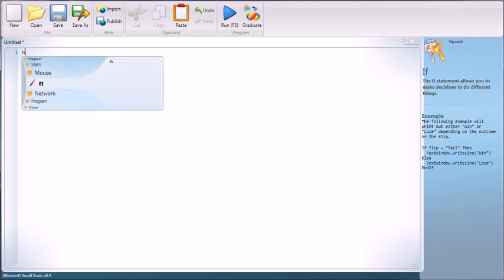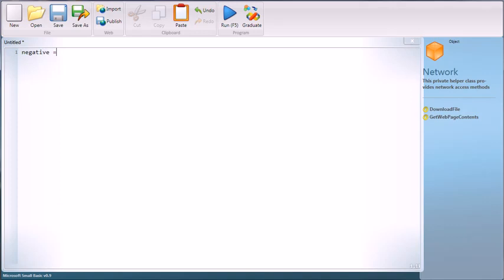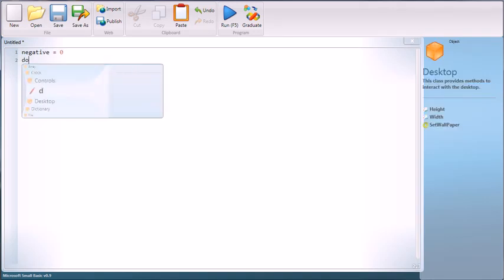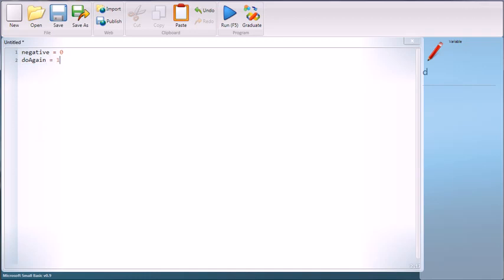So let's go ahead and get started right away. We're going to create our first variable, which is negative equals 0, and I'll explain where that comes into play later. We're going to do again equals 1,